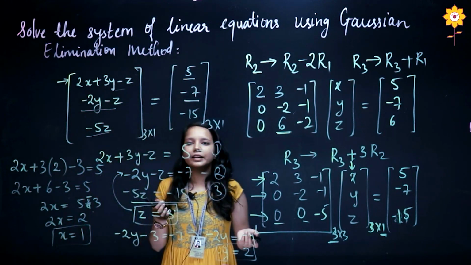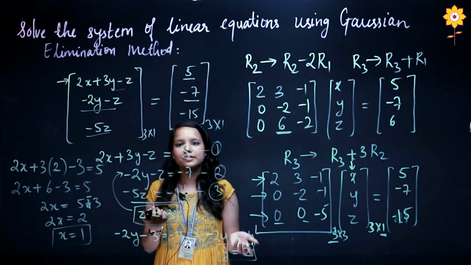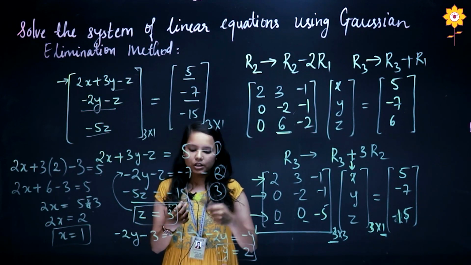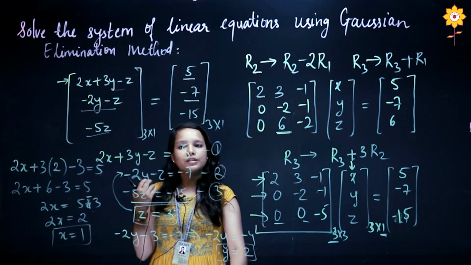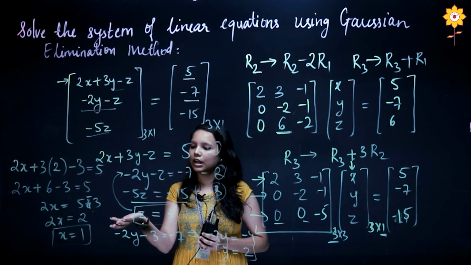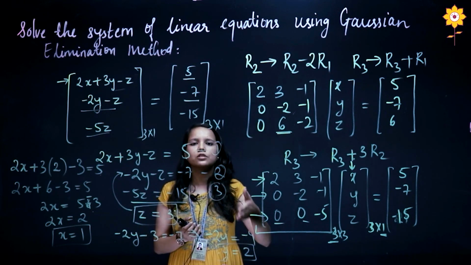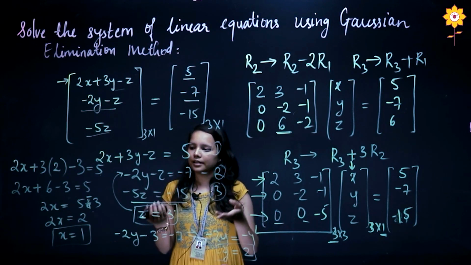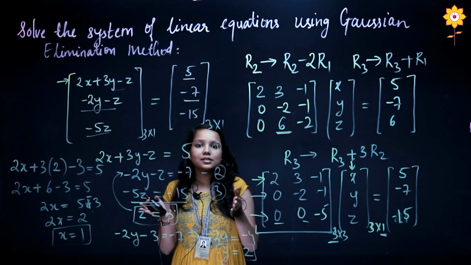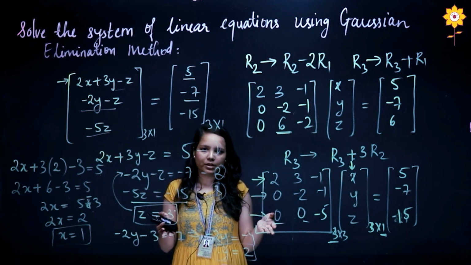So we have solved the linear equations using the Gaussian elimination method. So we got the values for x, y and z. So these are the solutions for the given linear equations, the 3 linear equations which were given in the starting. So at the end you can just write the solution for the linear equations as x equals 1, y equals 2, z equals 3. So this is how you solve easily by the Gaussian elimination method.